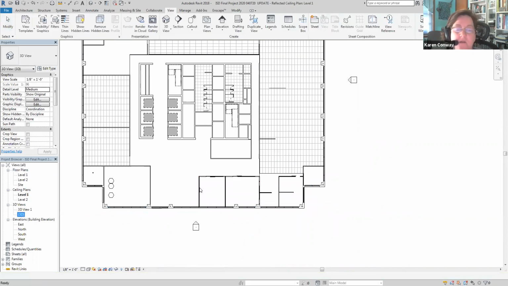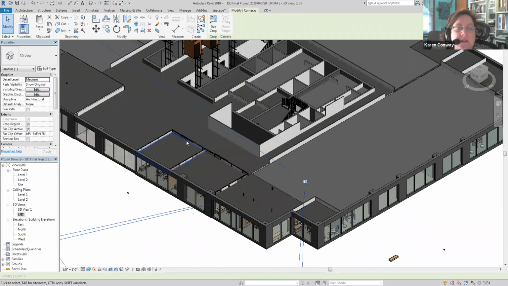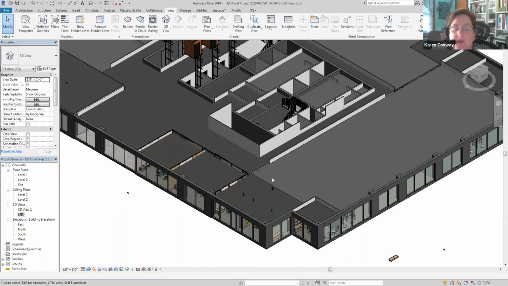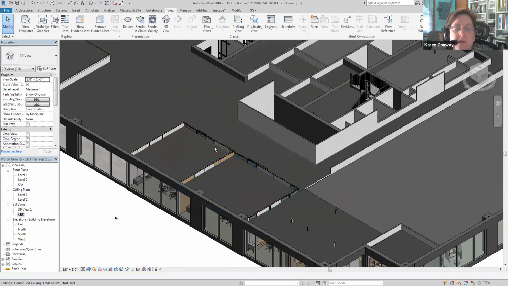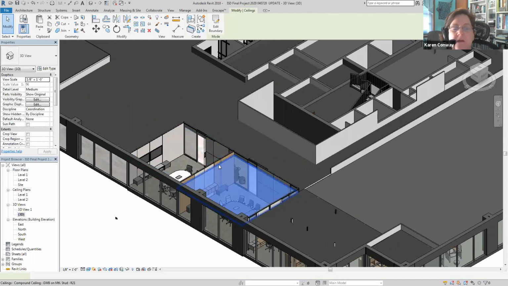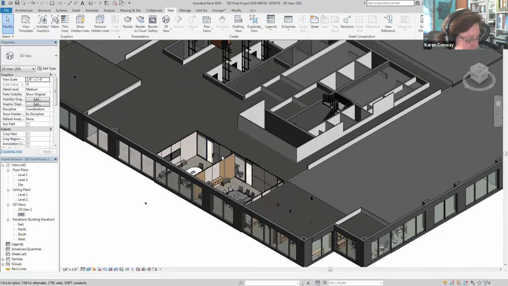So let's go show you on the 3D part. Here they are. There are 3 separate ceilings, 1, 2, 3 here. I'm going to leave this one because it's one department, but this one right here would probably all be part of this outer lobby area. So I'm going to go back and resketch that in a second. But before I do that,